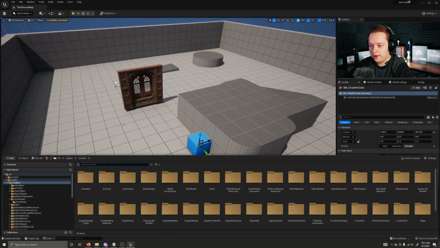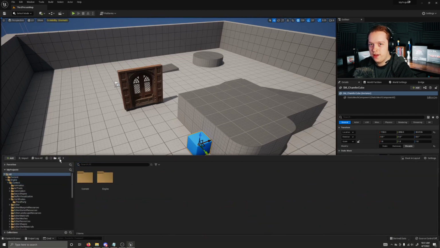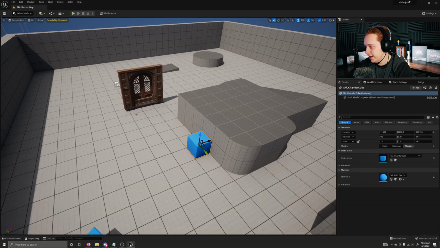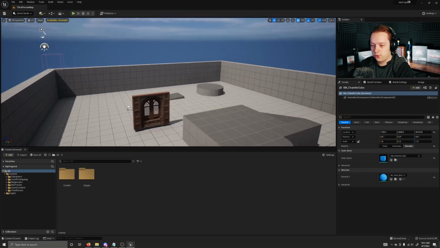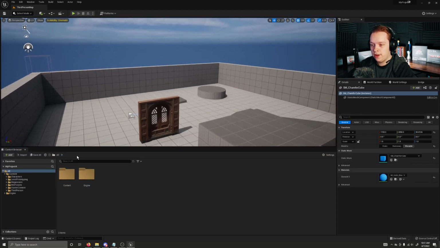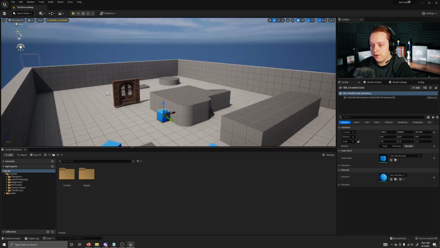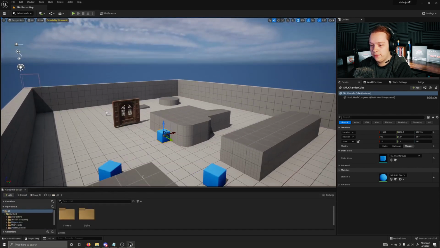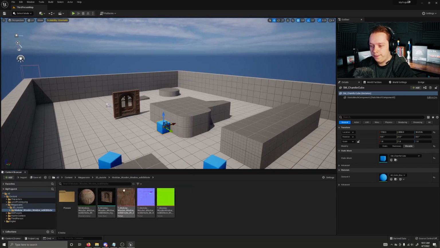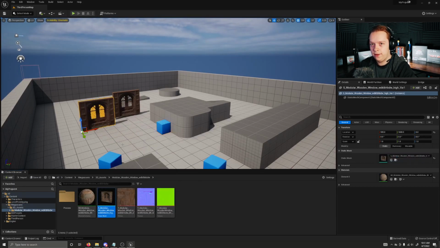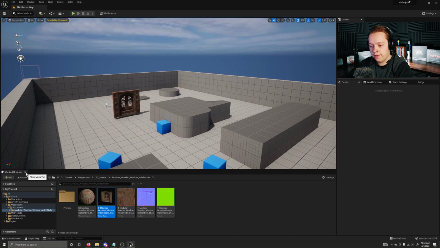Control spacebar to open this up again. And let's say you're trying to build out a level, you're dragging out a bunch of static meshes and this closes every time and you have to hit control spacebar over and over and over again. There's a useful button here called dock and layout. You can click it and it turns your content drawer into a content browser window, which you can adjust the size of by clicking and holding on the edge here. And it stays open while you drag and drop assets into the editor,